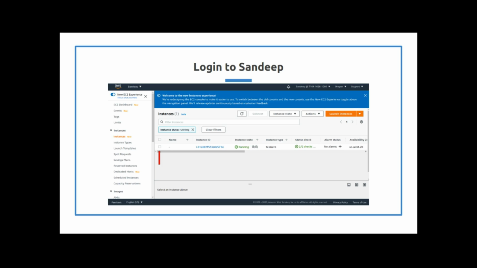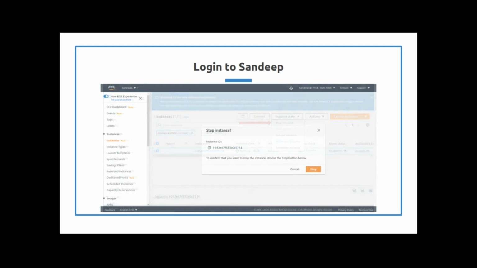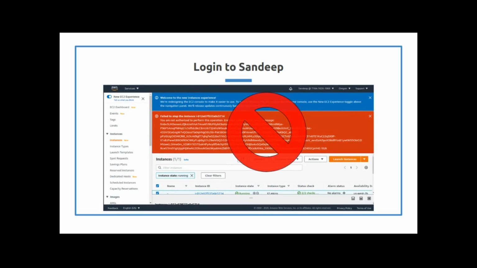But let's see what happens when we try to take that further. So you want to select Sandeep's instance by clicking on that checkbox, and then click on instance state. It's going to bring up a menu. So now let's try to stop it. Click on stop instance. It's going to give you a confirmation. Click stop, and look at that. We get a big warning pop up. AWS didn't like that. That's because he doesn't have permission to stop it. He just has permission to look at it. So that's kind of interesting, right? You get to see what happens when AWS says no, that's enough.